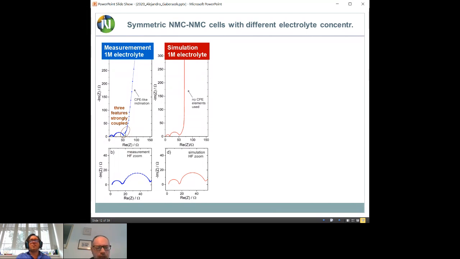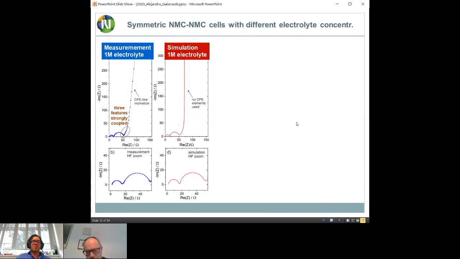And now the question is, can I make some decoupling of this feature in experimental way? And the answer is yes. For example, I decrease concentration. So I go from 1 molar to 0.1 molar electrolyte. And you will see that here some feature is appearing and is really appearing to the full extent here. So beside this, you have an additional arc here. And what is this arc? In terms of my notation before, this arc is